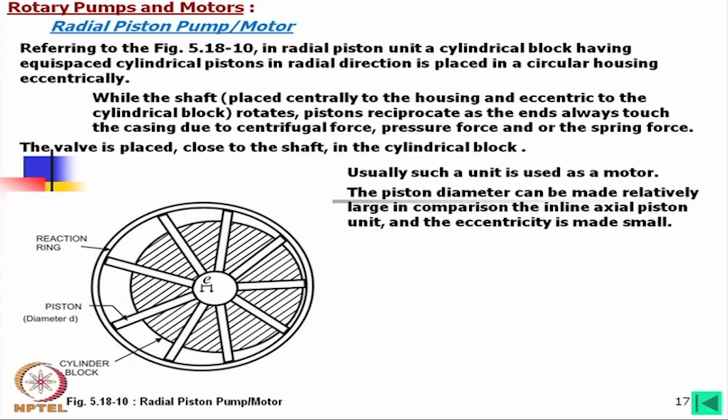So, roughly we can divide 315 by 14. So, this will become about 22 millimeter. So, at the most, for a 100 millimeter dP we can use only 20 millimeter